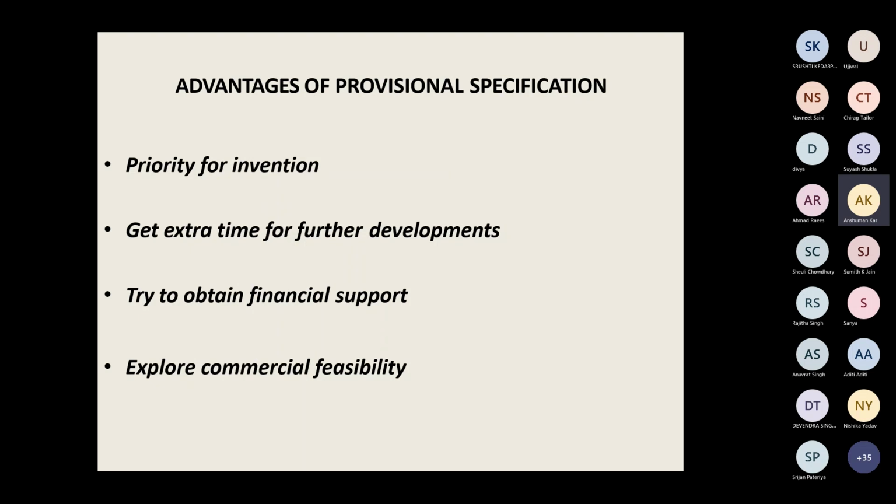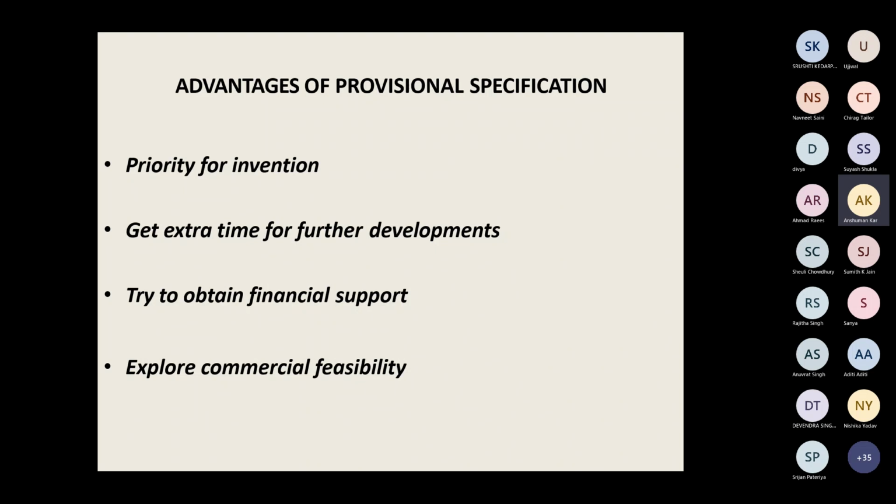Now we will understand why is this provisional application filed. Can't we just come straight away and file the complete one? First is priority for invention. So I'm working on some invention and I feel that maybe this is the need of the hour, and many other companies, many other inventors, are working on the same field or the same invention. And I'm scared that they might complete their work before me, and then they might file it. Once they file it, then my invention would be of no use. I won't be given a patent because their application will create a prior art for my application.